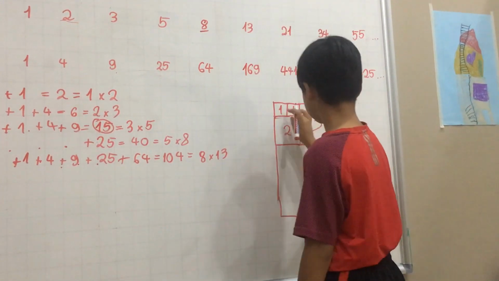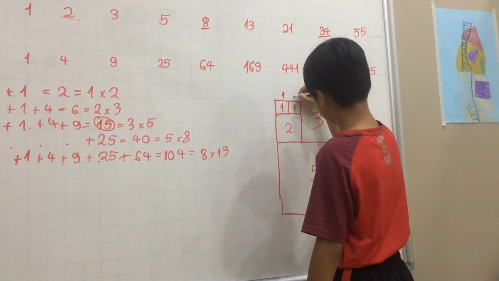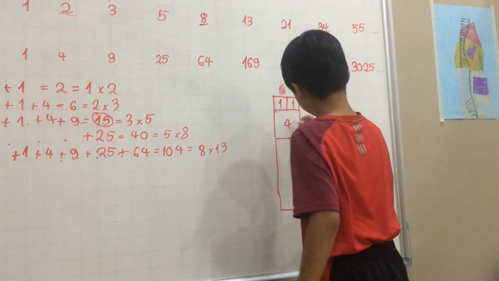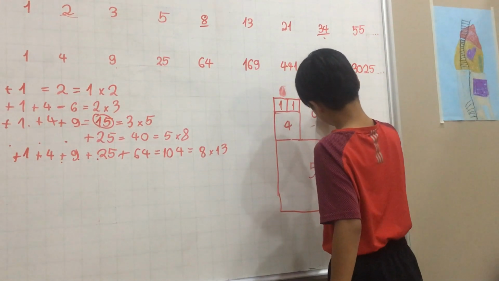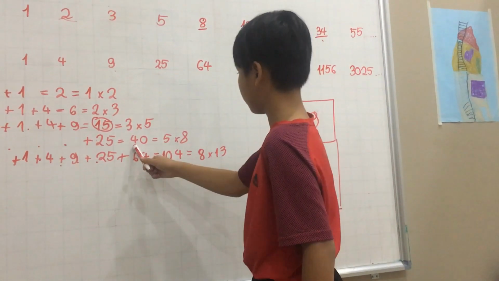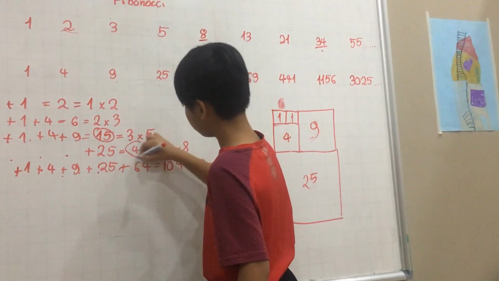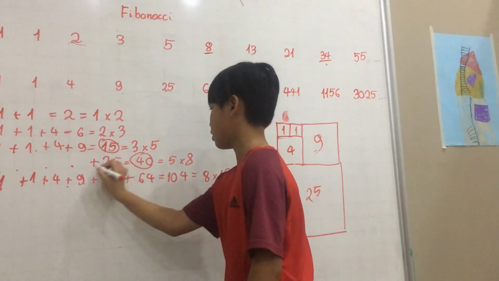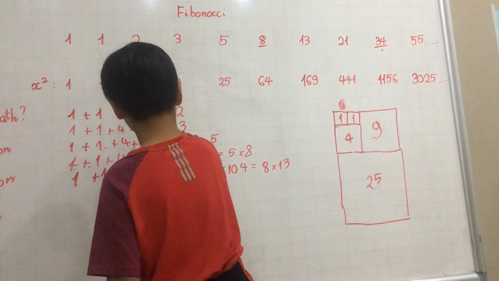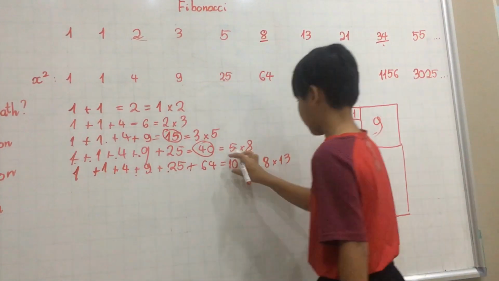1 squared is equal to 1. 2 squared, we will get actually 4. And 3 squared will get 9. And 5 squared, 25. So it will equal to 40, right? So when we take 40, we'll ask, wondering why 1 plus 1 plus 4 plus 9 plus 25 equals